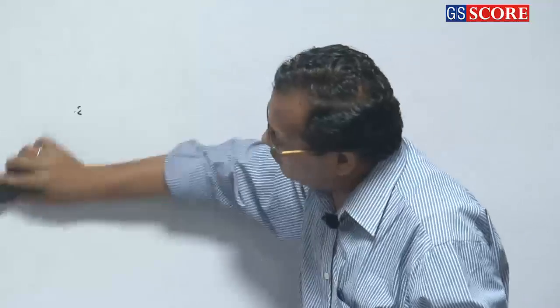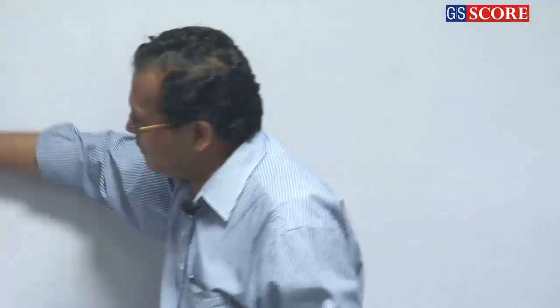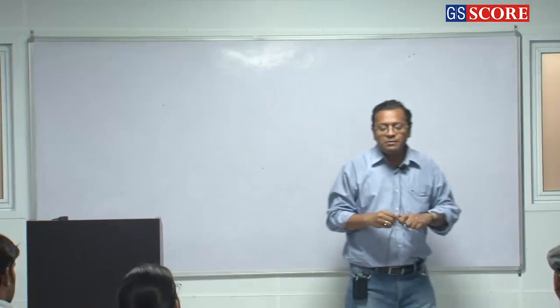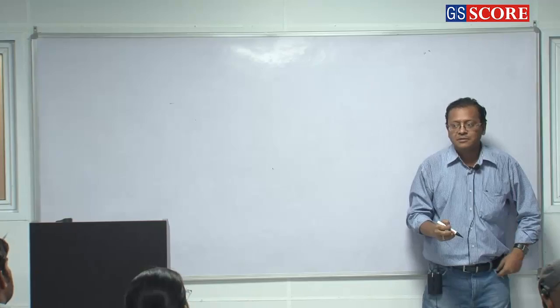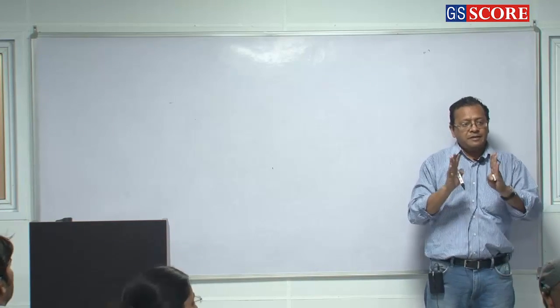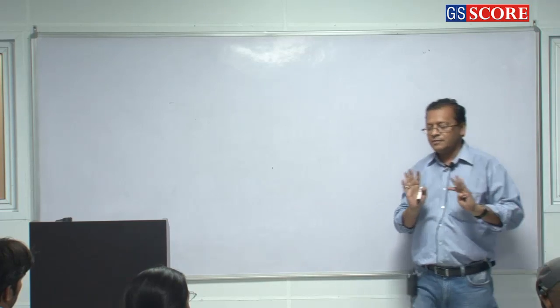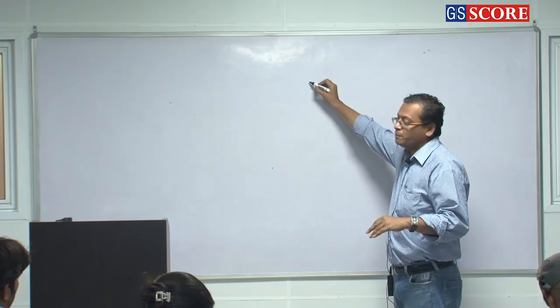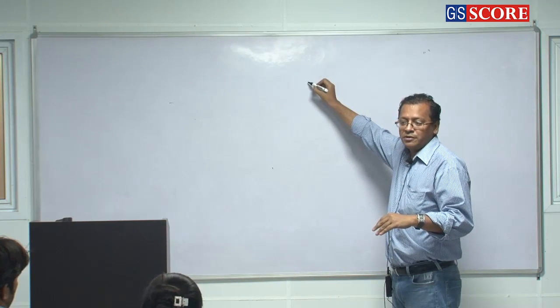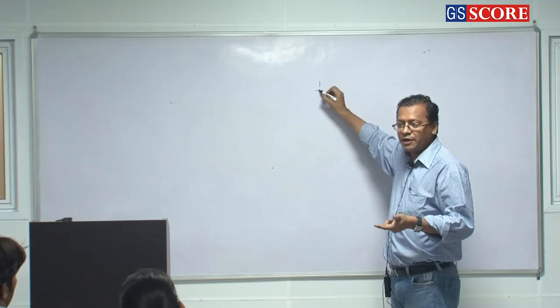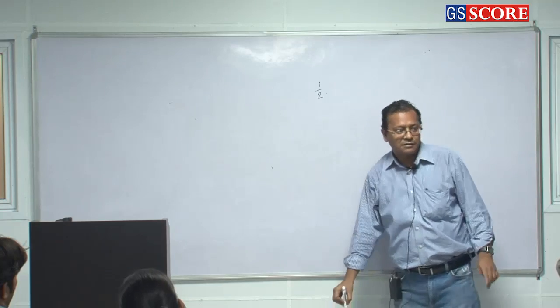You remember the formula A union B is equal to A plus B minus A intersection B. Only this much you remember, and you can solve. What do you mean by probability? Favorable cases by total cases. So I have to pick up a head from a coin. What is the probability of head if you toss a coin? 1 by 2.